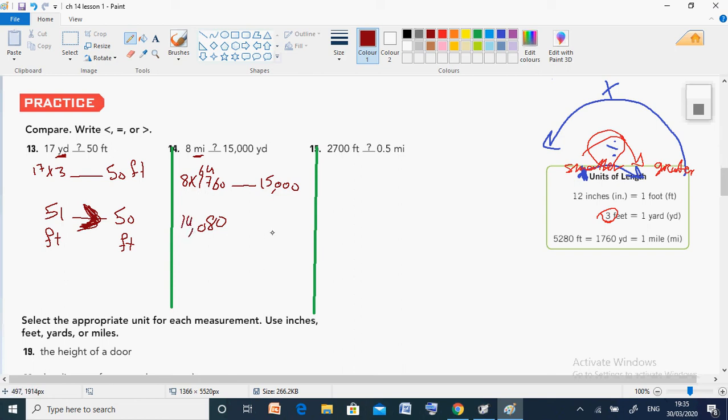So the answer here is 14,080 yard or 15,000 yard. So this one is smaller. If I want to read this inequality, I can say 14,080 is less than 15,000, and 51 feet is greater than 50. Now the last question is